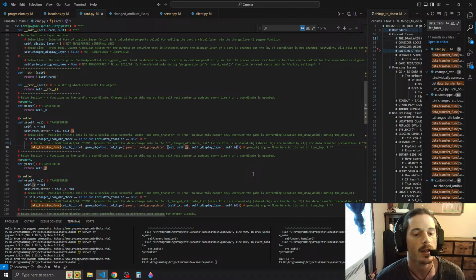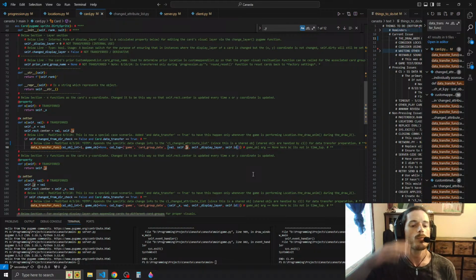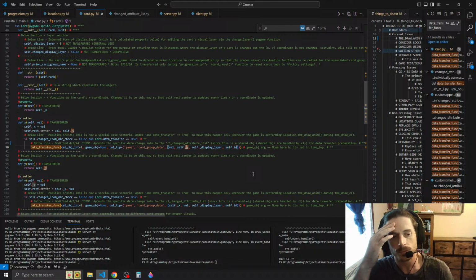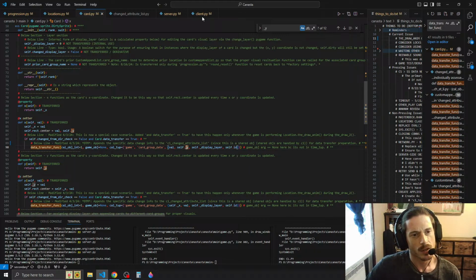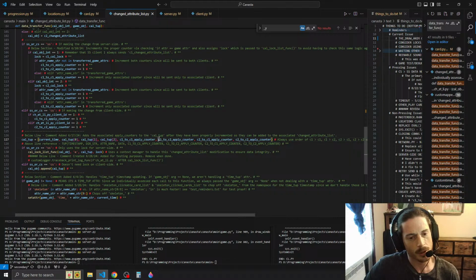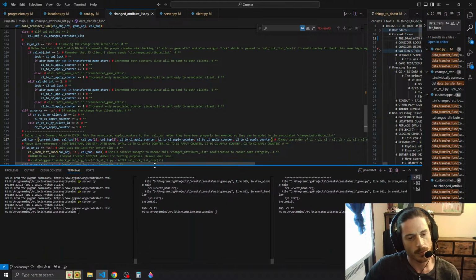Like how do we know that based on what we're sending? Well, okay, because that's the format for card group data. Okay. So then the next step would be the data transfer,